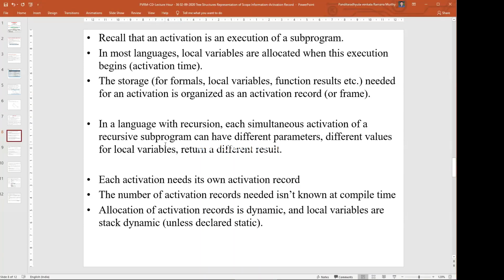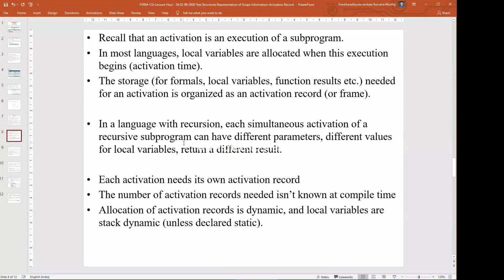Take recursion in a language. In recursive functions, we repeatedly call the same function and use the same variables. Every time we call the function, there is a simultaneous activation of the recursive subprogram with different parameters, that is, different instances.